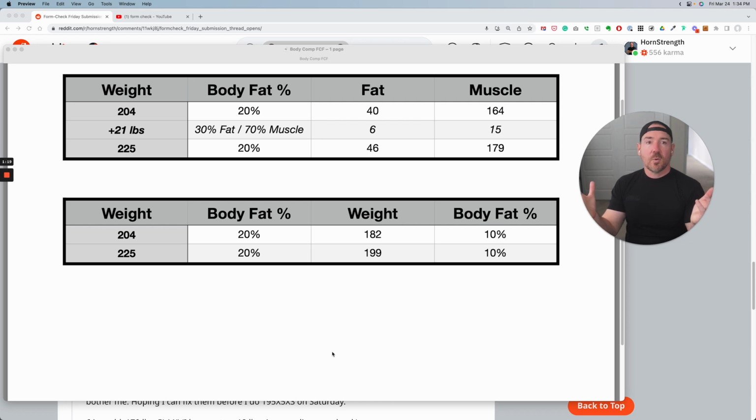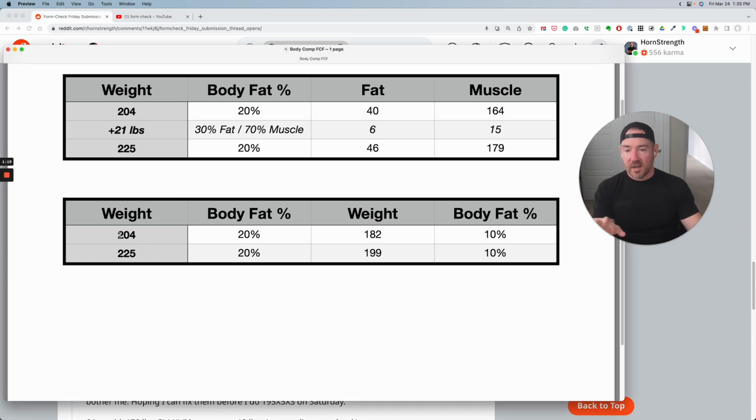Okay. So let's say you're 20% body fat, right? That means you have 164 pounds of muscle and 40 pounds of fat, right? Now, if we jump down to this row right here, if at 204 you decide to cut at 10%, assuming you don't lose any muscle, which just for the sake of this example, we'll say you don't lose any muscle, at 10% body fat, you'd end up weighing 182 pounds. 182 at 5'8",